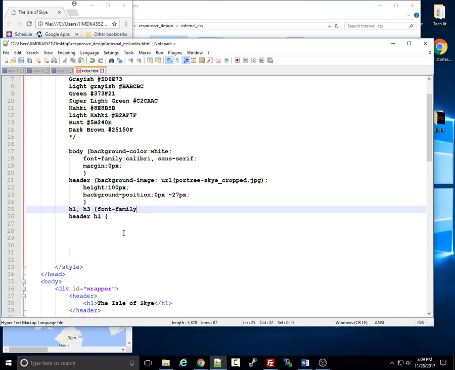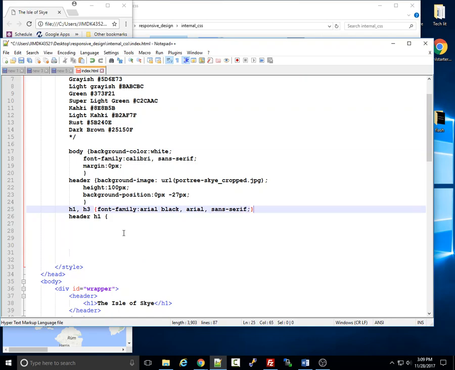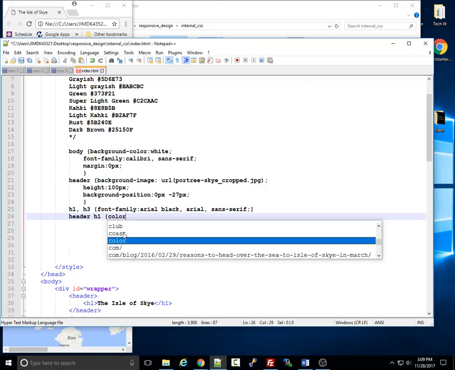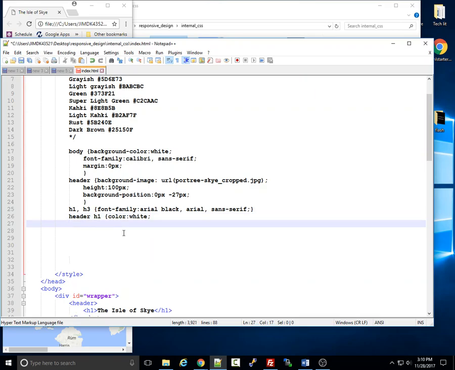Now my favorite font family for headers is called Arial Black, but I'm aware that not every system has Arial Black, and so I'm going to default to Arial if they don't have Arial Black. But then I know like phones sometimes aren't even going to have Arial, so then I'll go to sans serif, which just means that it'll use any available sans serif font to show that particular font. Okay, and then within H1, I want to set some things like the color. We're going to set that to white,